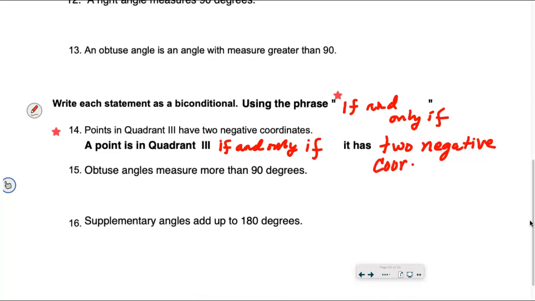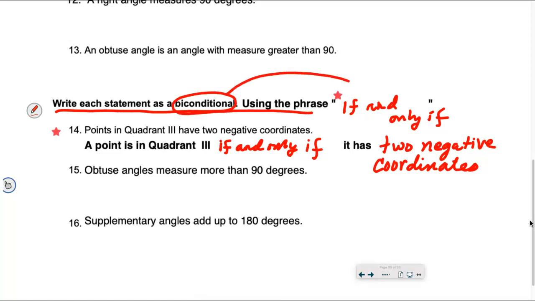Alright, so I give you a sample of each one because I think the directions, you really got to read these bolds up here. So when it says as a biconditional in our notes, that means we link it with the phrase if and only if. Alright, so a lot of writing,